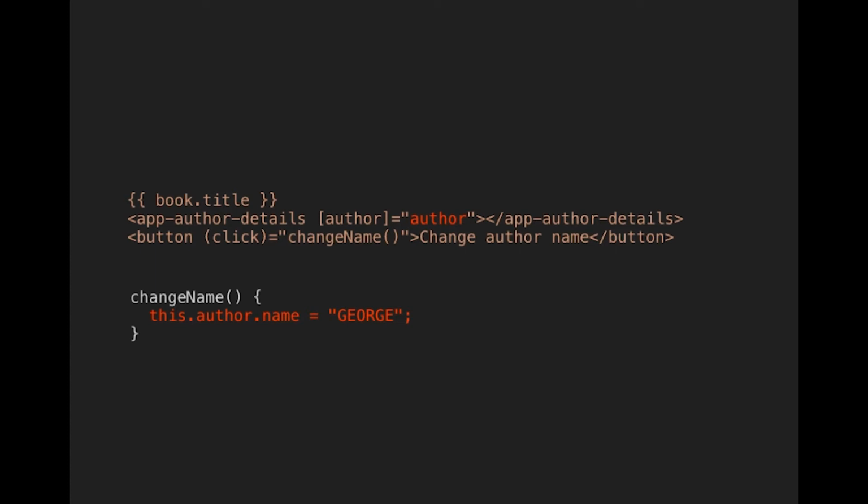So now how could change detection work? If I knew that the author value wasn't changed, then maybe I don't need to run change detection for the nested component, right? Because no change to author, so why waste time on change detection for author details?